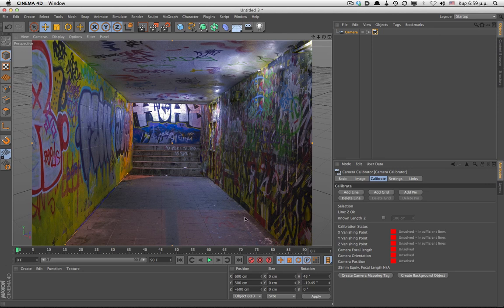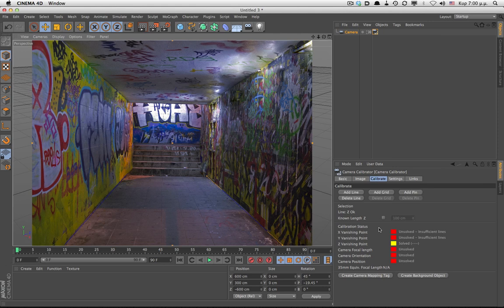As you would expect, one line isn't enough to define the Z-space, so we need more lines to have an accurate reading. That's not a problem though, since the Z-space is clearly defined in the picture. So let's carry on doing that. Add a line and define the opposite side of the ground. As you can see, the Z vanishing point has turned from red to yellow. It's not solved yet, but Cinema lets us know that it has some information about the Z-space.